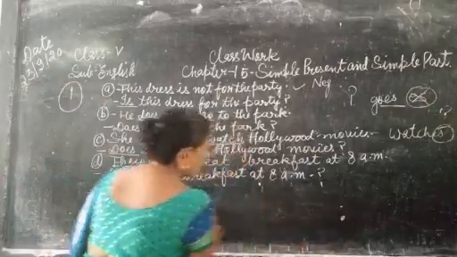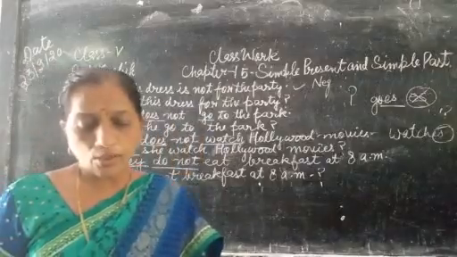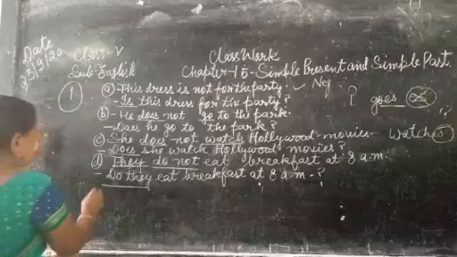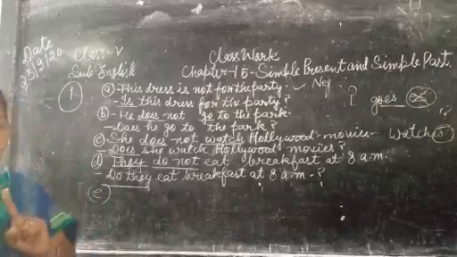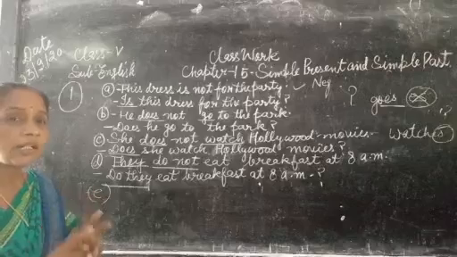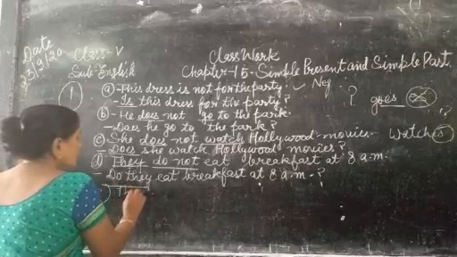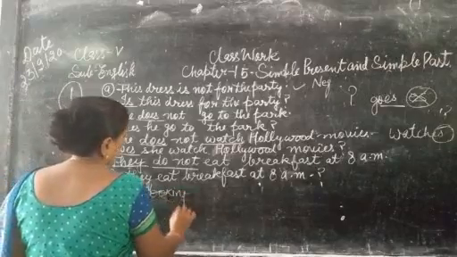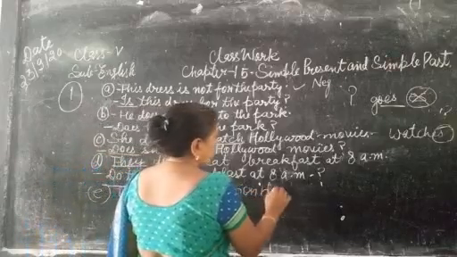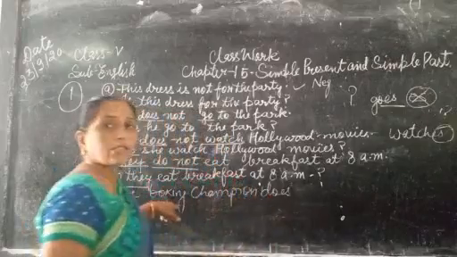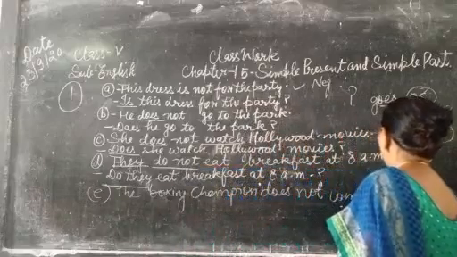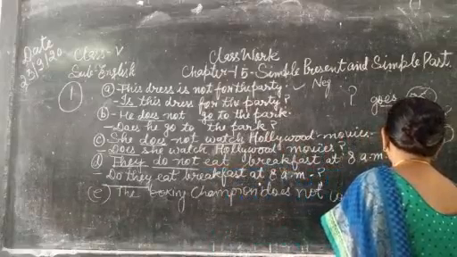Okay. Now we come to the next sentence, that is the boxing champion comes from Punjab. Okay. In this exercise, a boxing champion is a singular noun. Okay, so we are going to use does as a helping verb. The boxing champion does not come from Punjab, in negative sentence, because it is a singular noun.